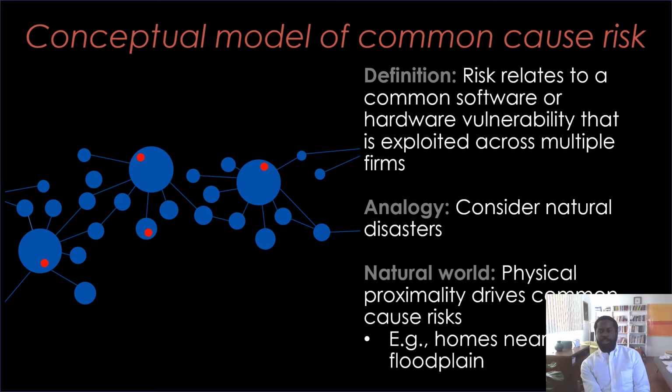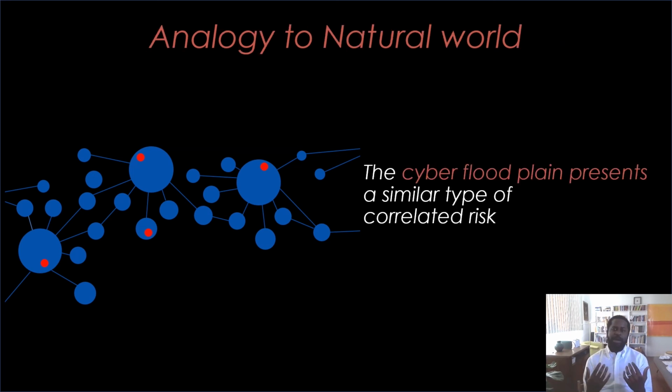And if we want to think about it, we can consider an analogy to natural disasters. So in the natural world, physical proximity drives common cause risks. For example, homes co-located near a floodplain have the same amount of common cause risk. And one could think about the same type of thing in cyberspace, that in fact there might be a cyber floodplain which creates a similar type of correlated